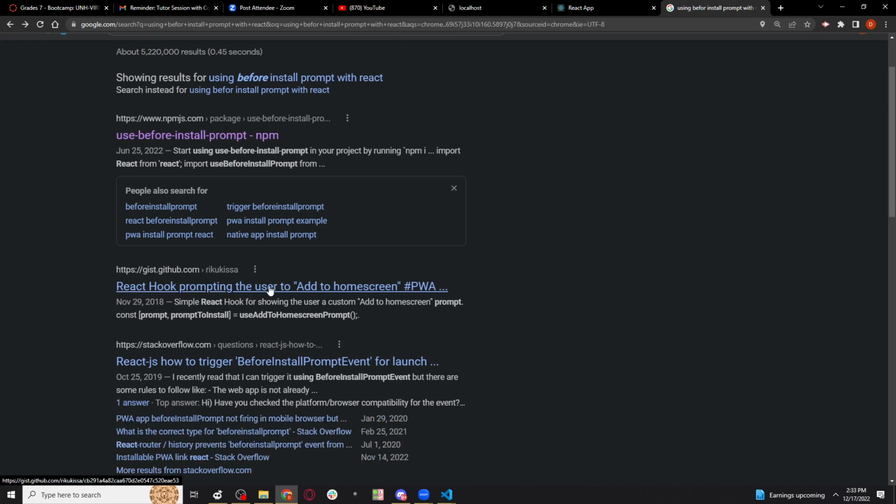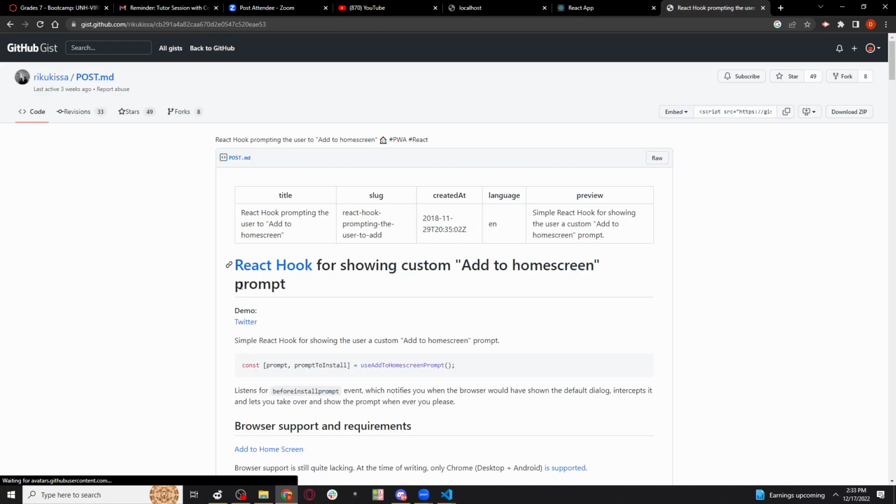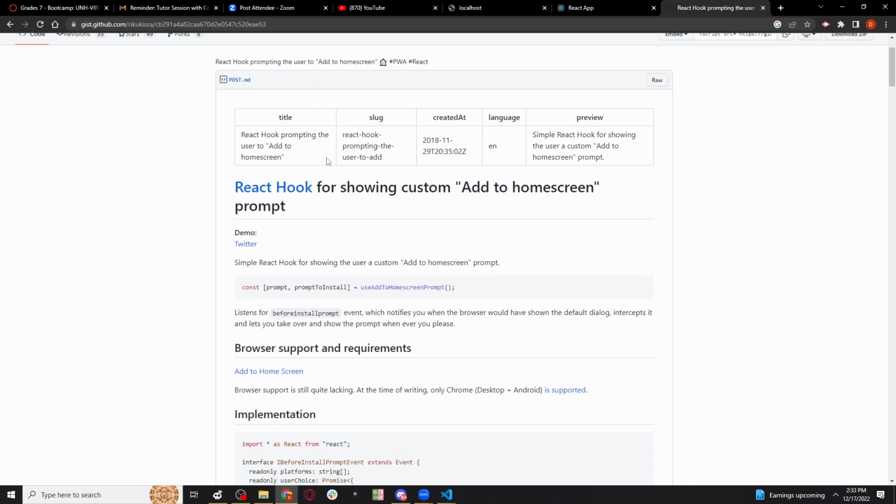All right, so that's what I'm thinking that we need, a hook, right? Yeah. So that's what I think we need. All right, so let's look at the Stack Overflow. Actually, maybe the gist has it. Let's check out the gist and the Stack Overflow. Those are the two that I want to look at. All right, so this one right here